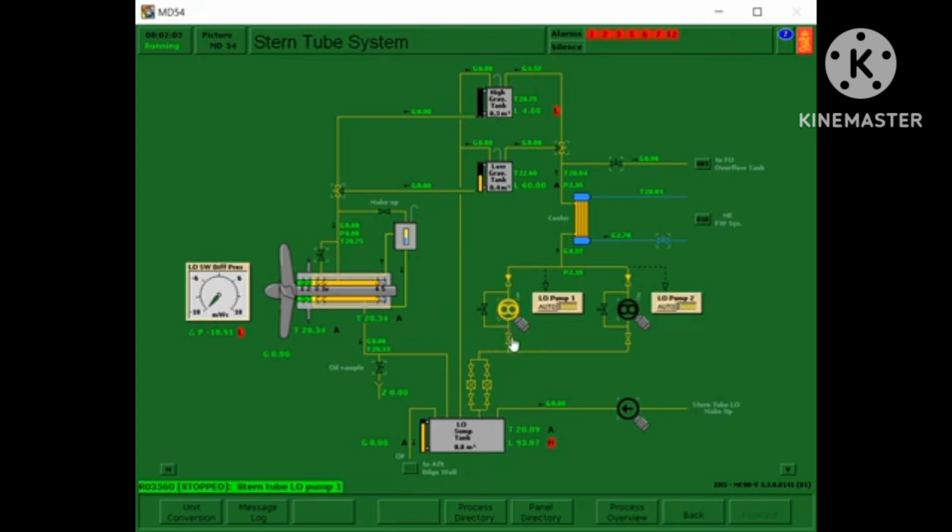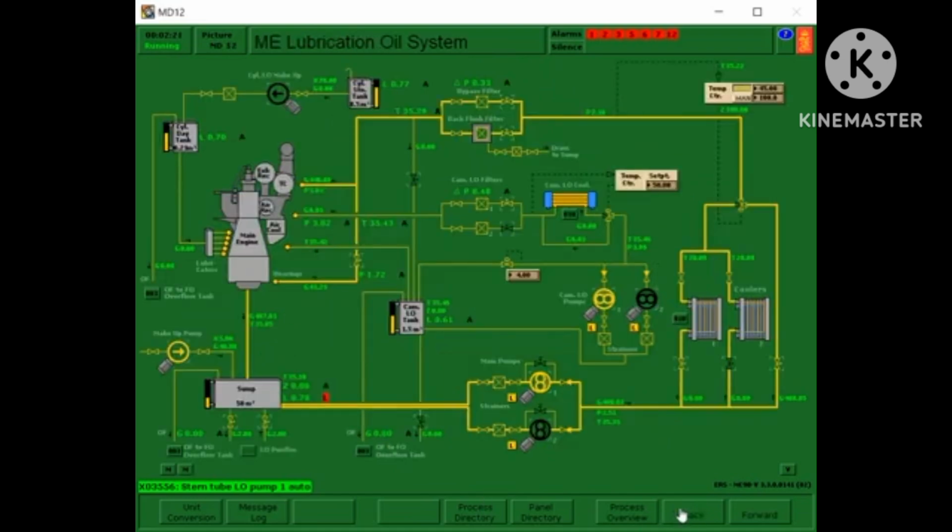So we need to open this, and then auto. Then we'll go back so that this part will not be low temperature.